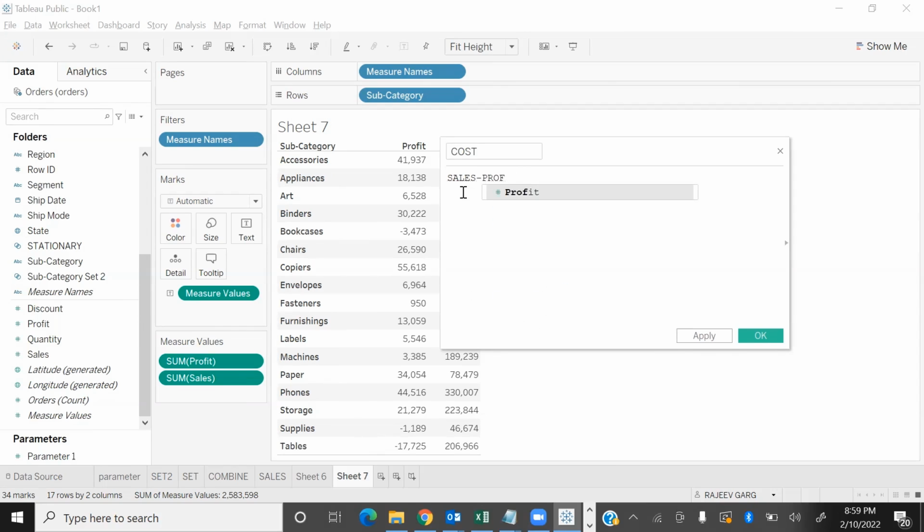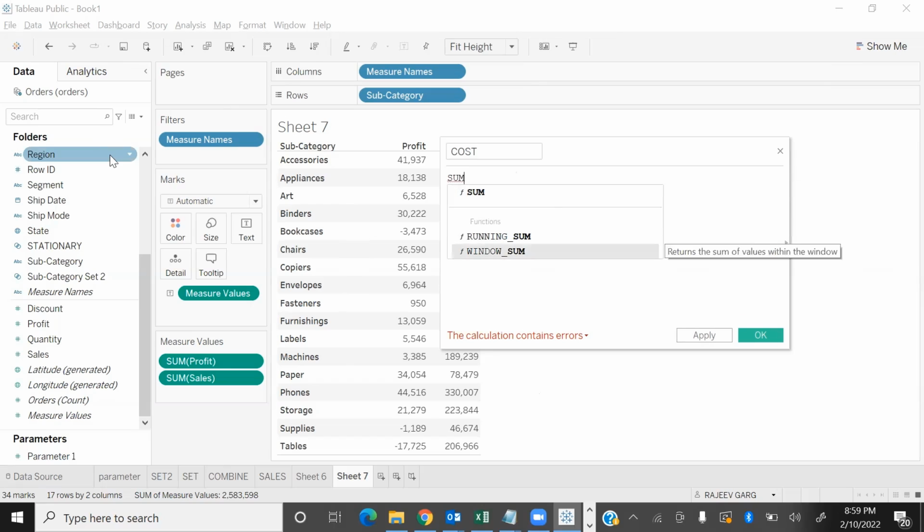Yes. Sales minus profit. But you see, when I have written this formula, it is saying the calculation contains error. Why? Because this is not the right way of writing a formula in Tableau. So we have to write it like sum of. As soon as you punch in a few letters, you will be getting the pop-up options, and you can select the respective option from the list and press either the tab or the enter key. Sum of sales,